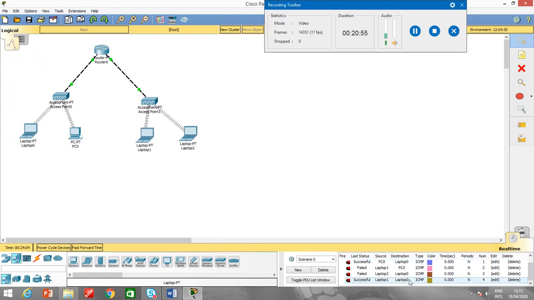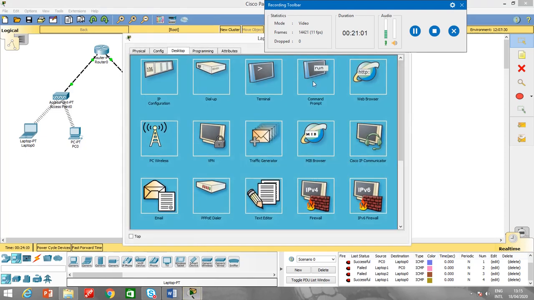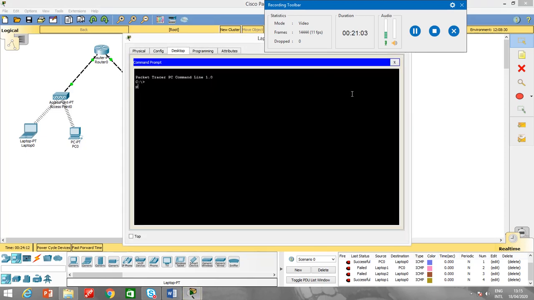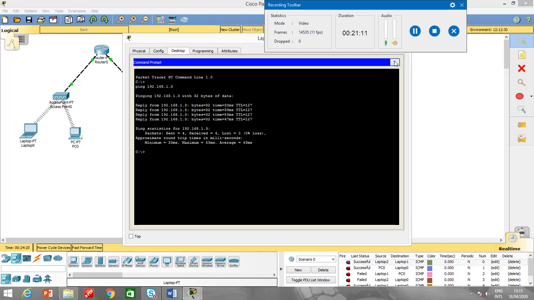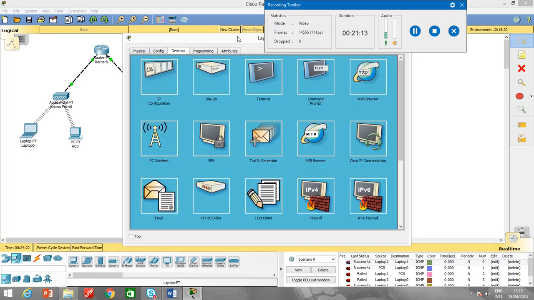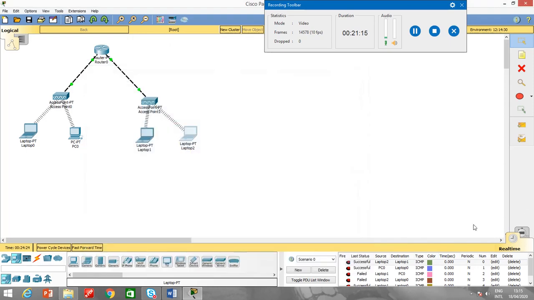If you see, it's successful from laptop 1 to laptop 0. Similarly, I can try with the ping command from laptop 2 to PC 0. Let me just try it. Ping 192.168.1.3. So it's pinging. Alright, even I can try with the packet data unit PDU.